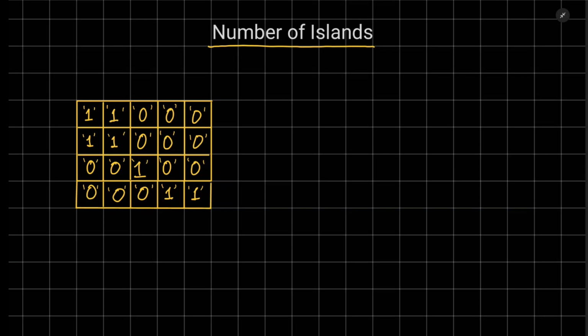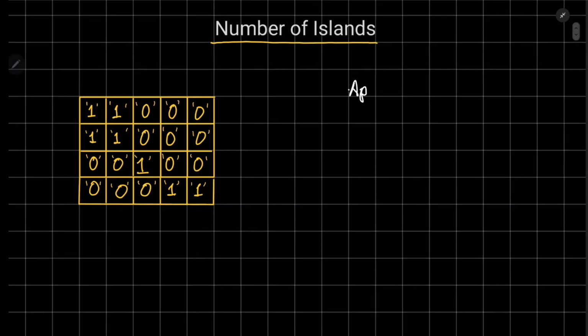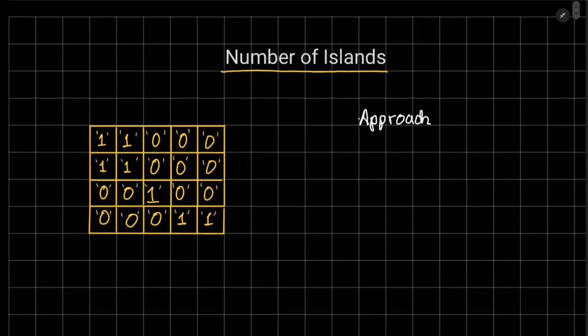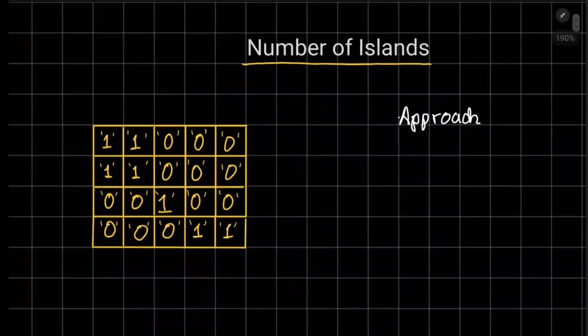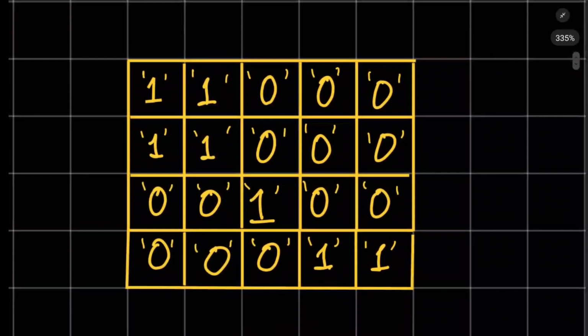Let's move on to the approach of this problem. So we can solve this problem by DFS or BFS. I am choosing DFS here. So let's trace our approach. What we will do is traverse the matrix, and as we find a 1, we will call DFS, and then DFS will count all the adjacent land to the 1 and count it as one island. And then when there is no 1 adjacent left, it will return, and then we will continue traversing till we